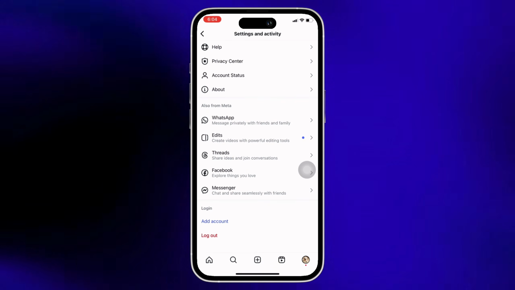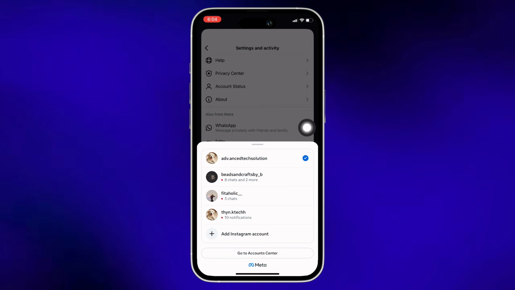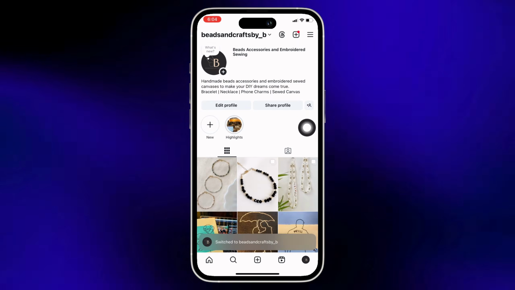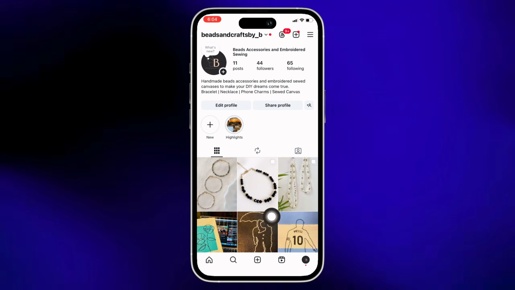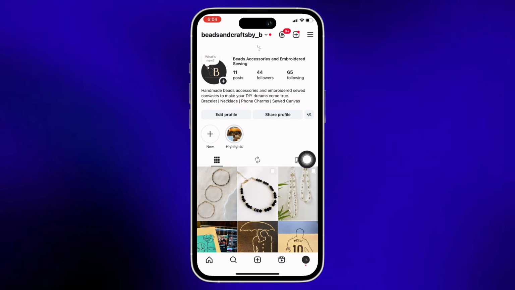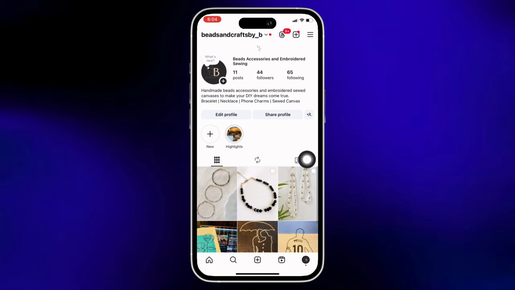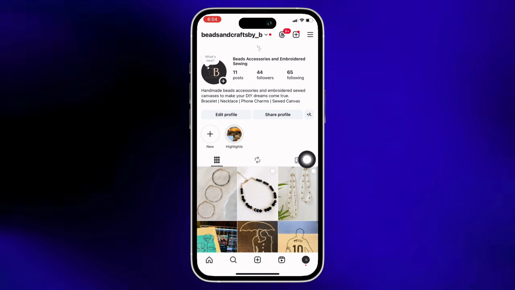You can also try to switch accounts, as if you have multiple accounts, go ahead and swap to another one, and if the reels load here, then your main account's feed data might be stuck. See if that helps, and if not, then in Instagram again, tap on your profile icon on the bottom right